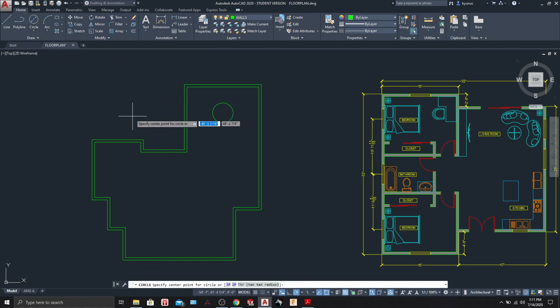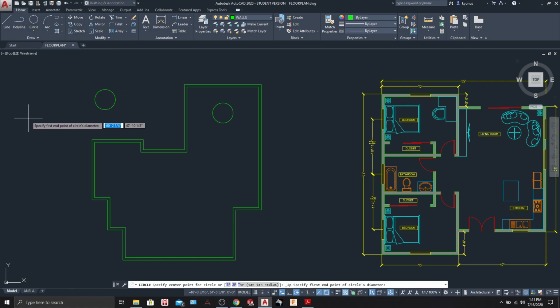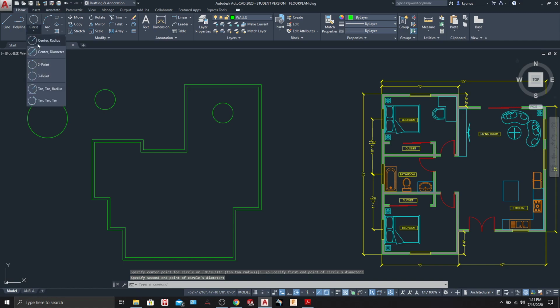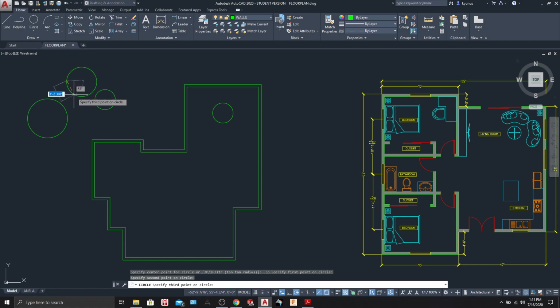Similarly, the second one is center diameter. So if we select it, specify the center, then we give the diameter. So diameter can be 4 feet, right? For the 2 point, we have to give the first point and the second point. Similarly, for the 3 point, we specify the first, second, and the third point,